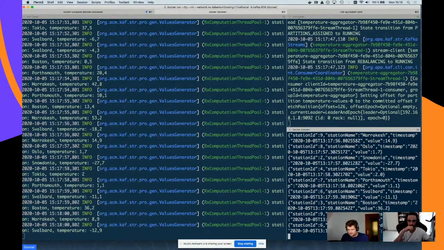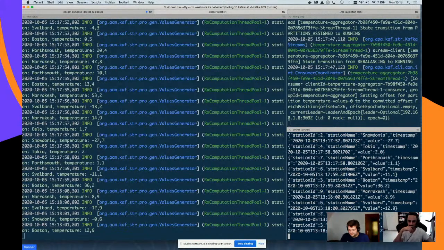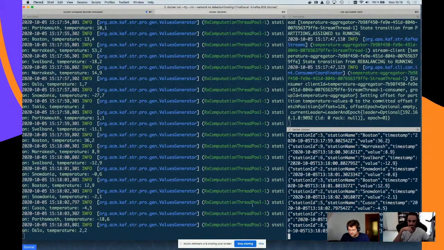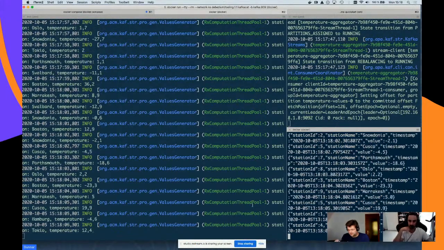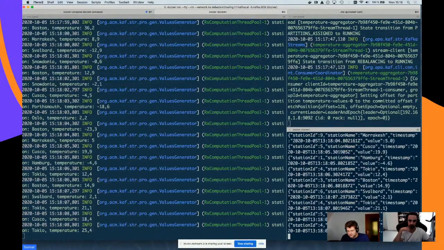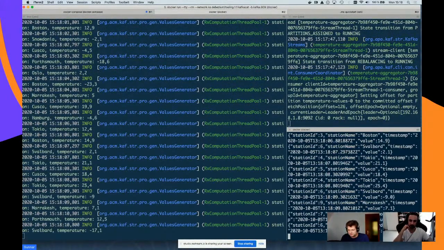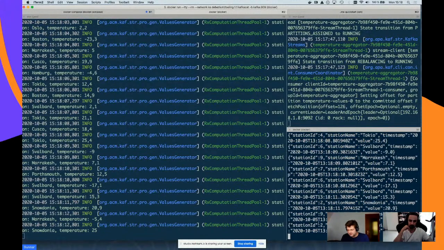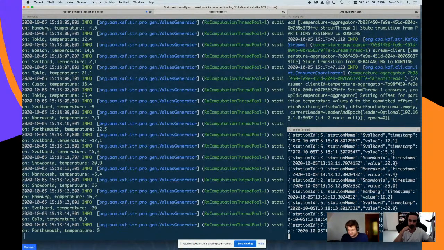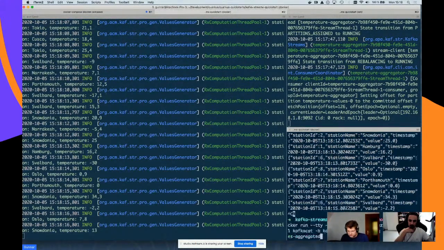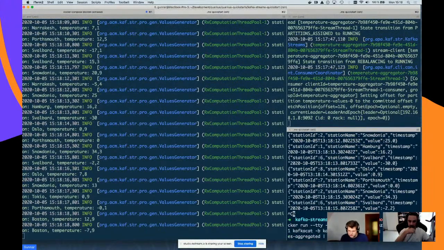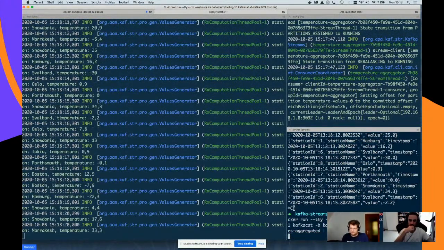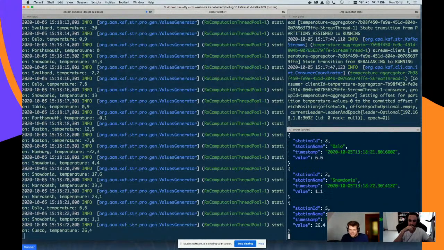And so now this is actually working. On my original topic, I just would have those separate values, and here I already have the output containing station name and so on. So this join actually is working. Actually, let me just stop this and let me pipe it to jq, to have some nicer highlighting there.